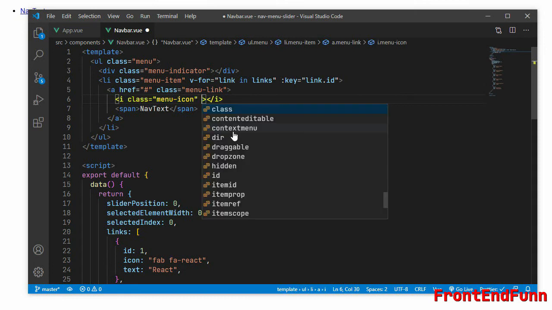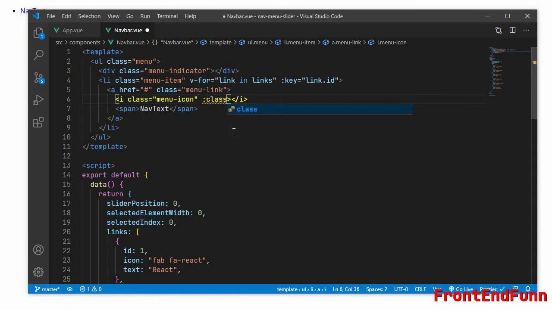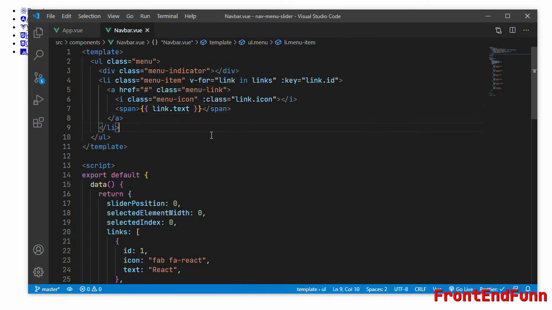I'll use class binding. Class will be link.icon, and for the text link.text. Okay, so we are having the icon as well as the text here.